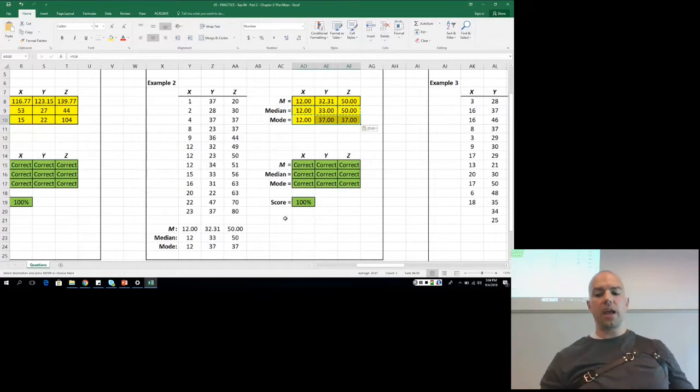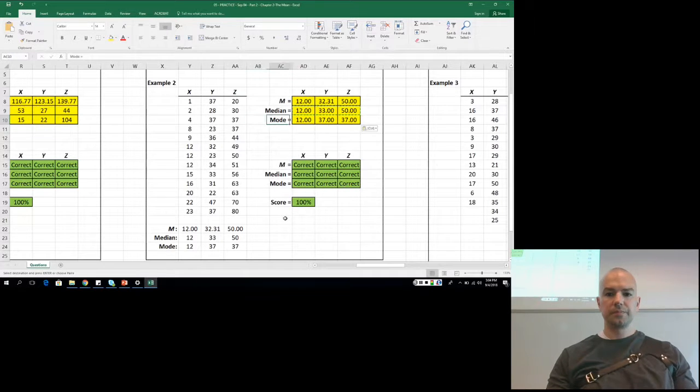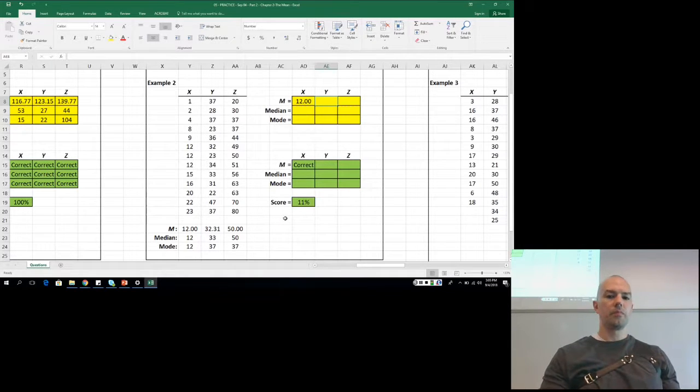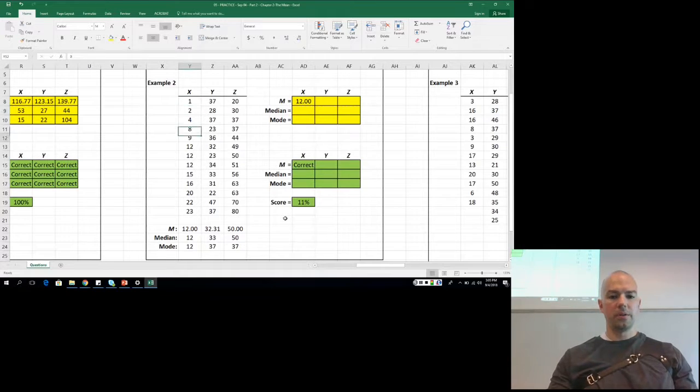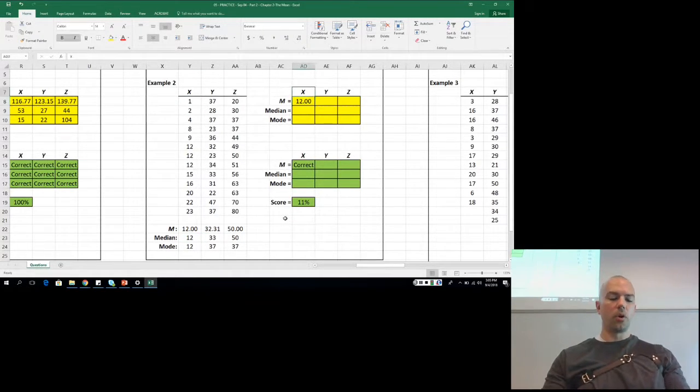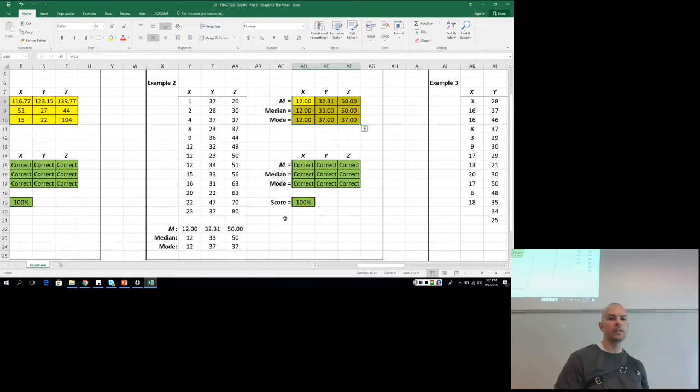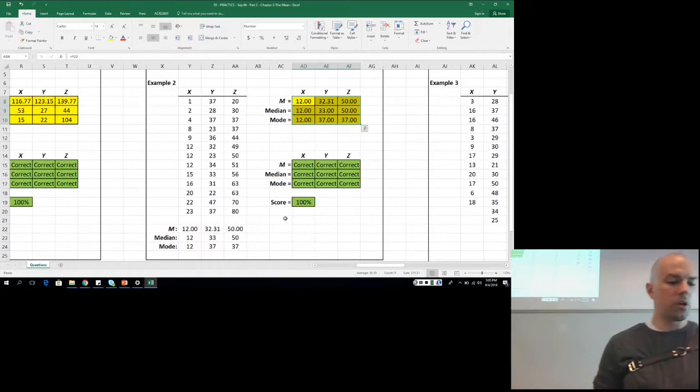As you get more and more familiar with this, you'll find more and more shortcuts. For example, if I just had the one answer cell there for Excel, it's really easy to just quickly fill it all in once you get a little bit of practice with it. So I highly recommend